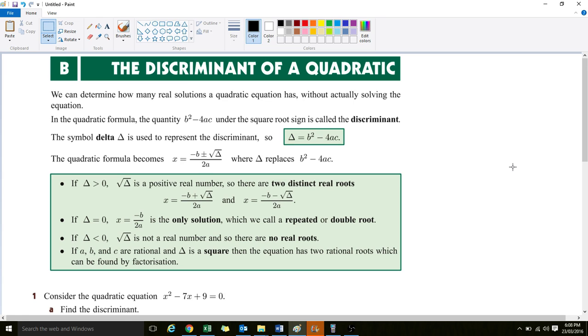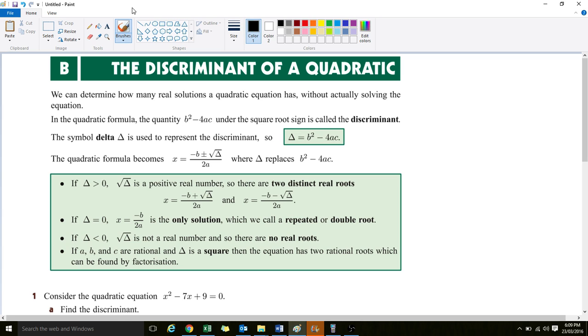Okay, here we're looking at the discriminant of a quadratic function. Okay, so it's a new terminology for us, but it's quite easy. So you can read through this text, but the quantity b squared take 4ac from the quadratic formula, that's what we